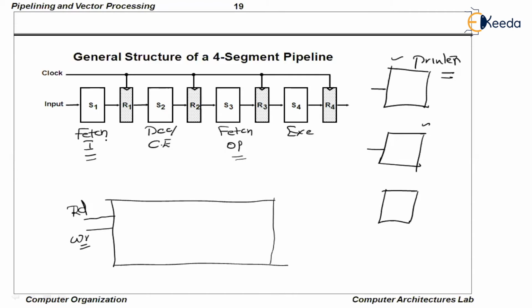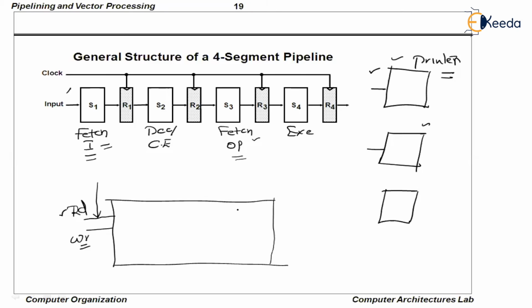So here, I do have two segments which require access to this read pin at the same time. Fetch the instruction wants to read an instruction. Fetch the operand also wants to access the same read pin at the very moment because it requires the operand to be read. If it is a printer, of course, we can have many printers, but main memory is a single unit. For main memory, I do have only one option, that is, a single memory block. So how is it possible? How can I separate my memory?